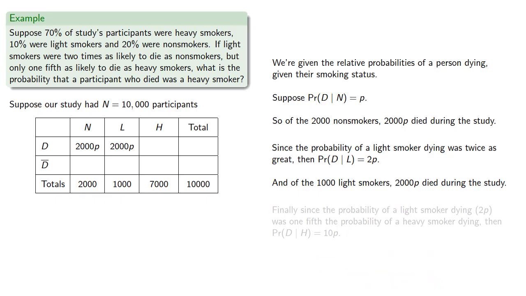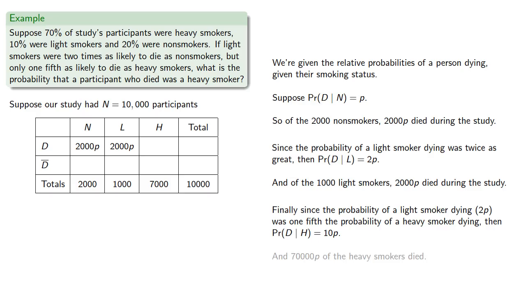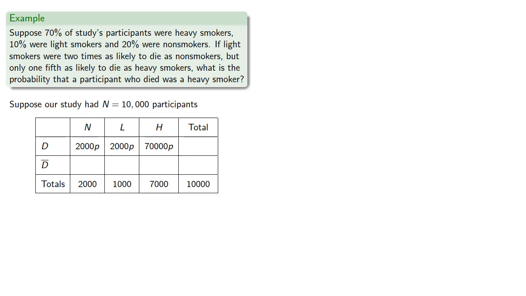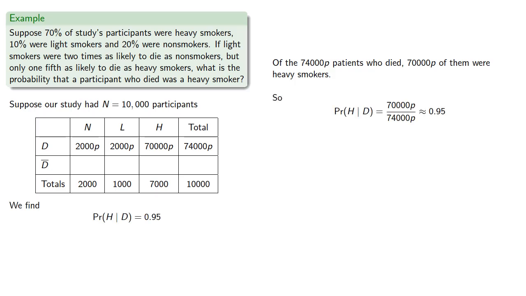And finally, since the probability of a light smoker dying, 2p, was 1/5 the probability of a heavy smoker dying, then that probability must be 10p, and so 70,000p of the heavy smokers died. And we can extend our total of the death row. And so we see that of the 74,000p patients who died, 70,000p of them were heavy smokers, and so the probability someone was a heavy smoker given that they died during the study is